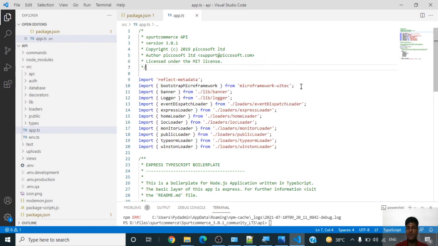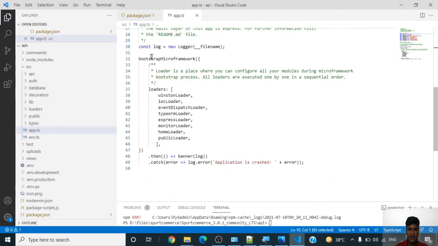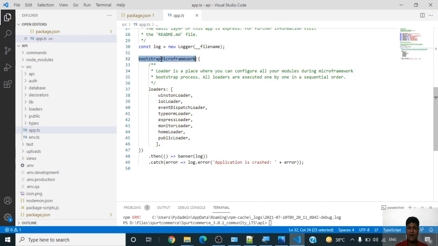Why? Because this file contains this framework. This is a very simple framework. You can see it from line 32 to 47. So this is the framework, and you can go ahead and read about it. This is an already used library in Node, where you just need to implement it this way, and you have to give